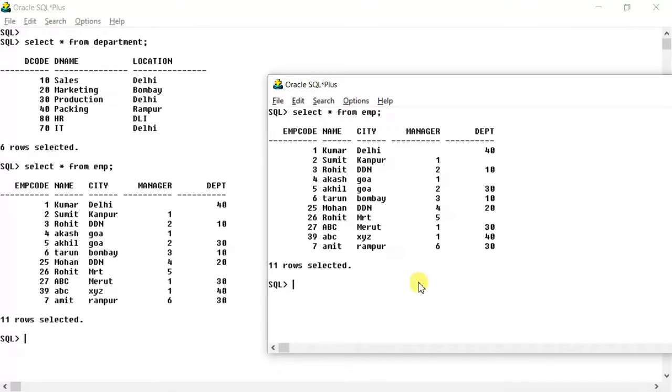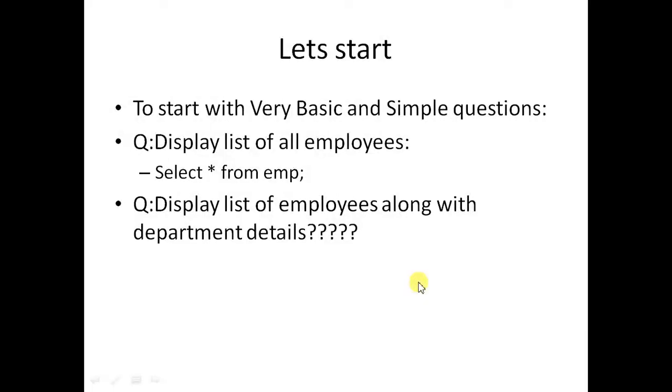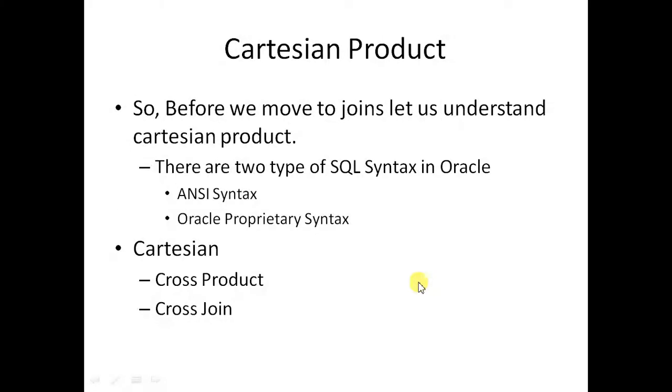But before join, we need to understand another important concept of RDBMS, that is Cartesian, because a join is a Cartesian followed by a condition. First of all we need to understand Cartesian, then only we can understand join. Now, in case of join or Cartesian or in general, there are two types of SQL syntax in Oracle.